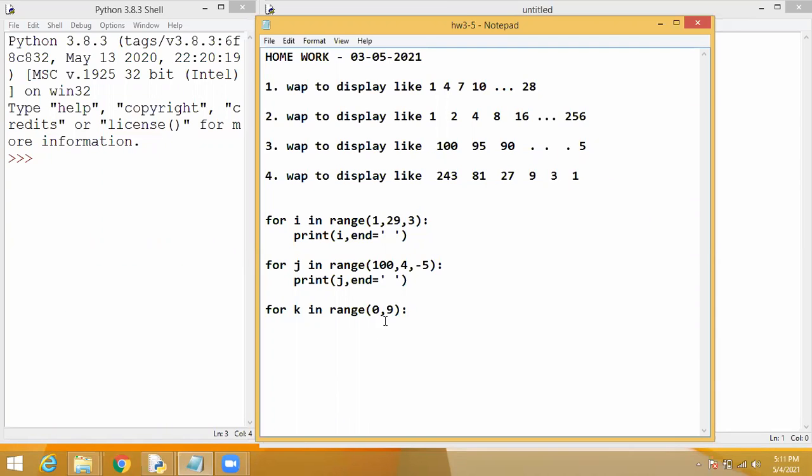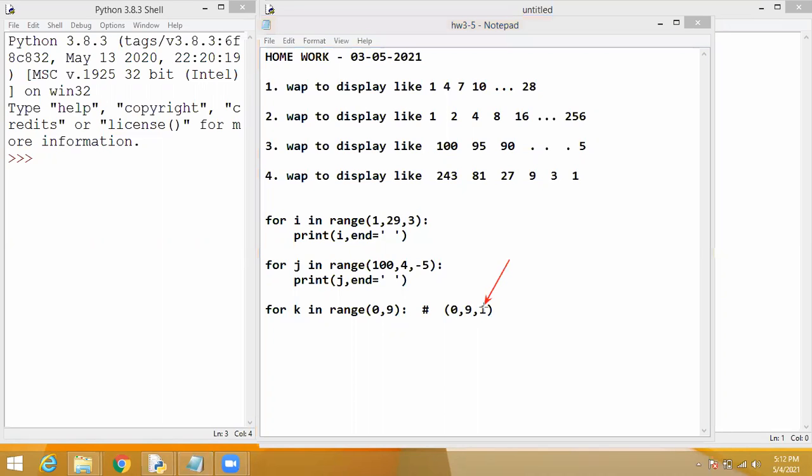So 0, 9 or you can specify 0, 9, 1. Both are the same. The default value is 1 only. Students understood? Yes, sir.